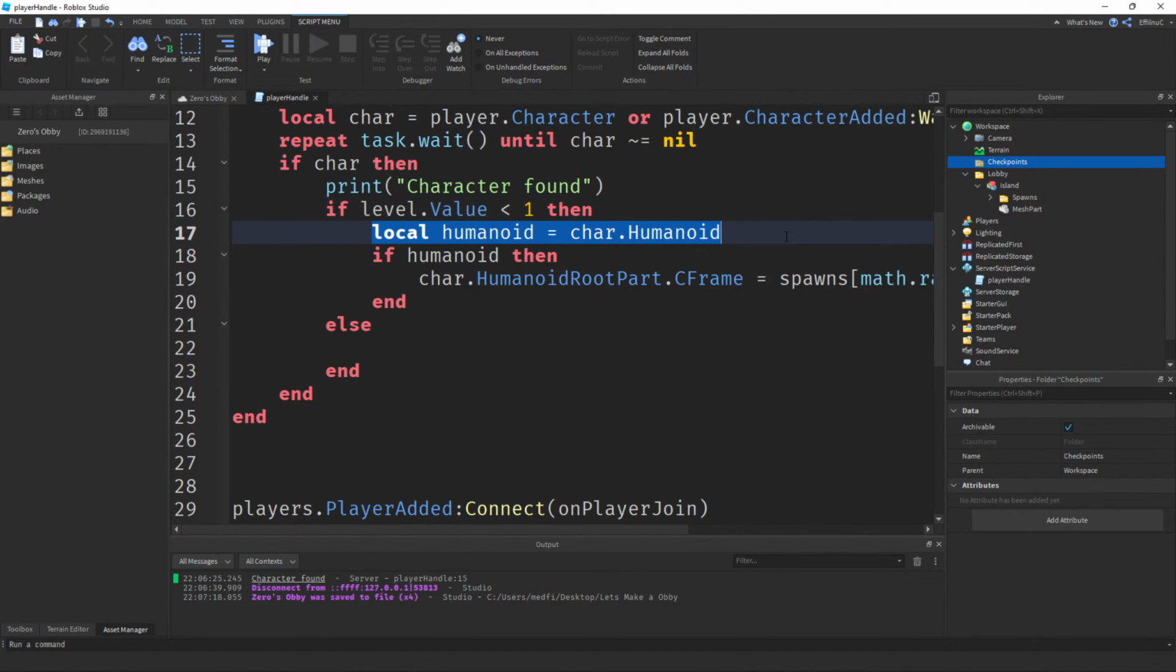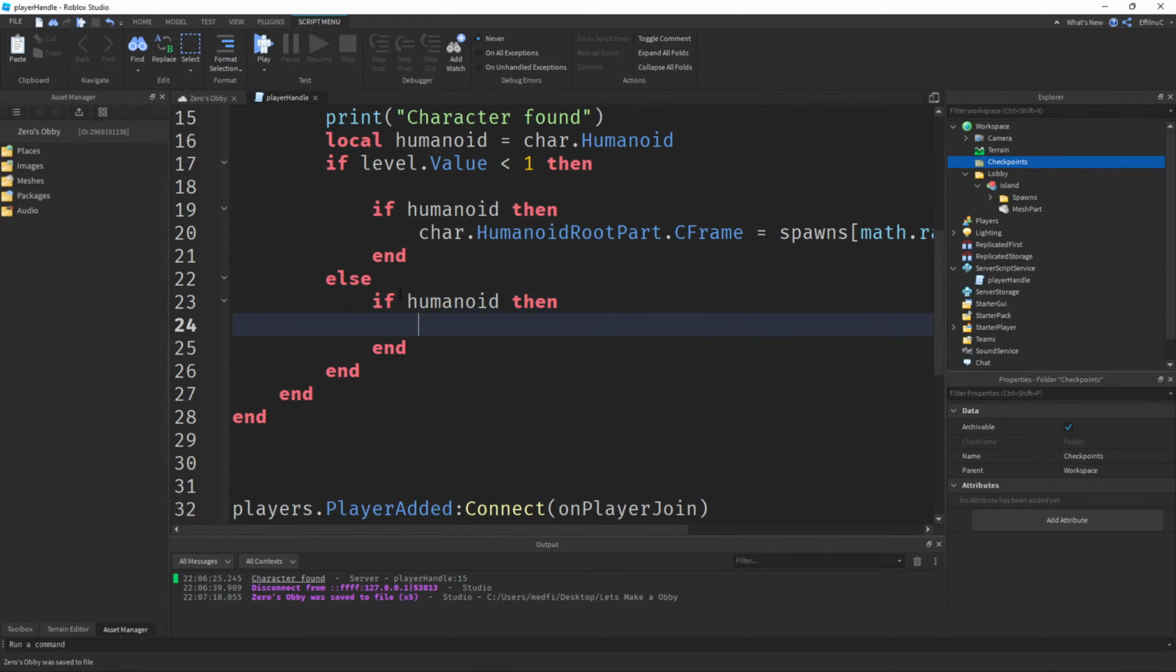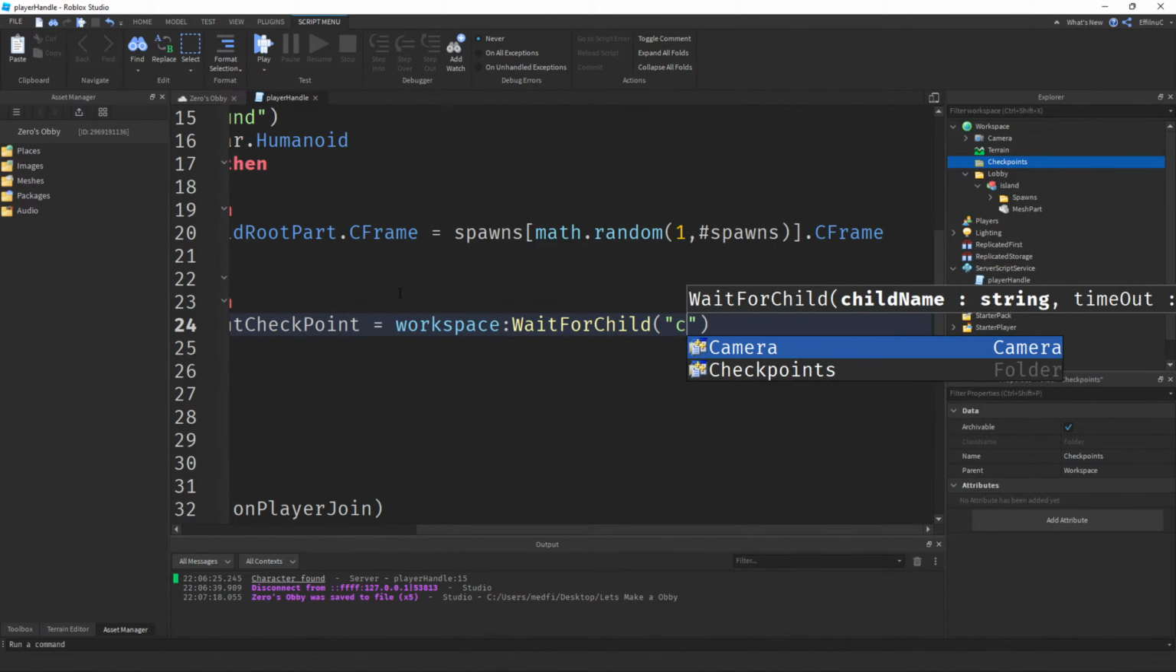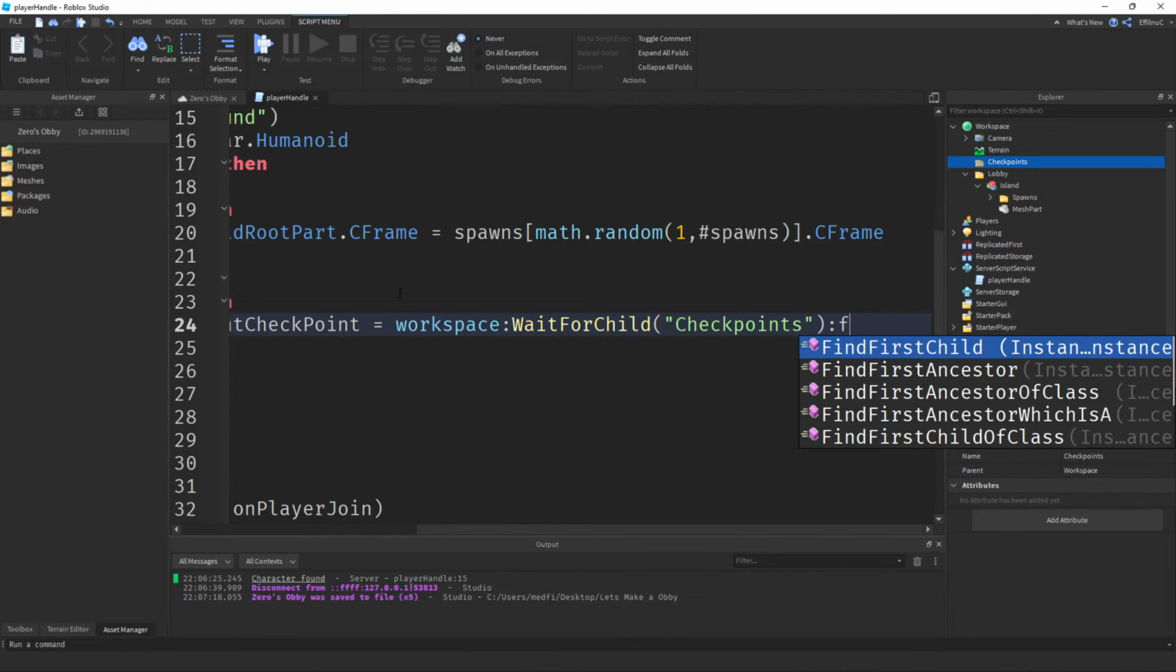We probably could put the humanoid above here, actually, and go under character here. That way we can just say if humanoid, then we need to make a variable, so we'll say local current checkpoint is equal to workspace wait for child checkpoints, and then we can say find first child,